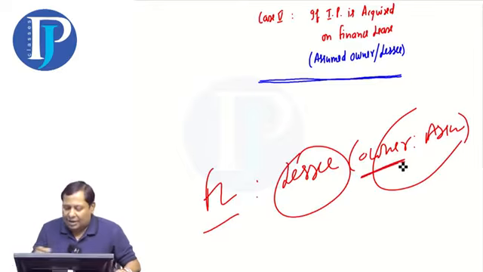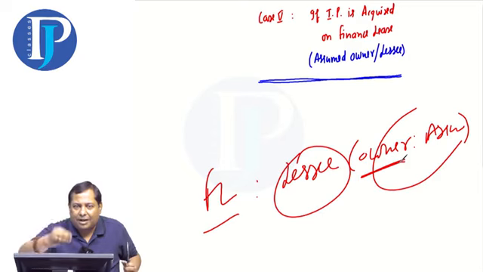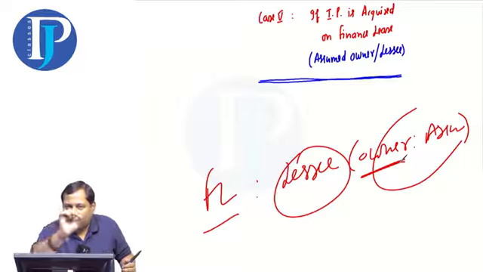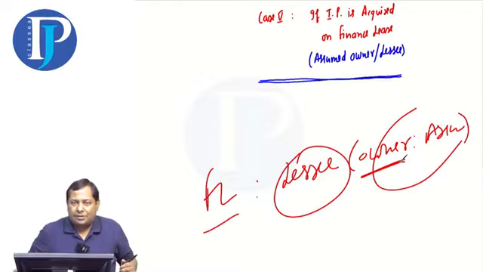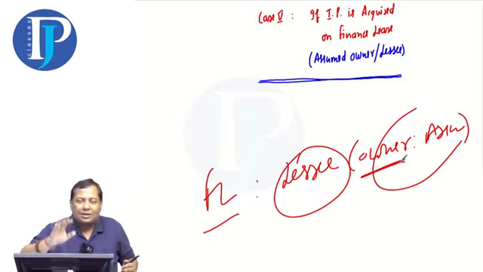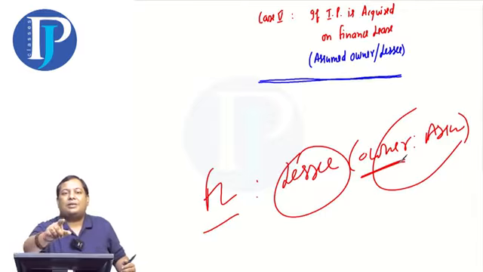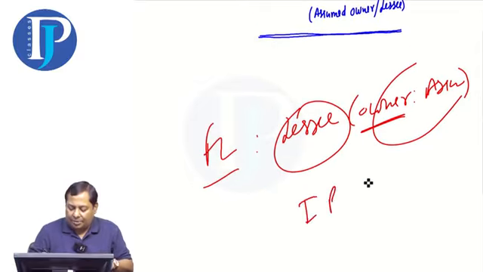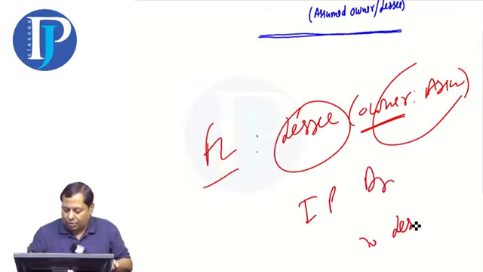So when you assume him as owner, now when he brings the asset on rent or on finance lease, then in the first entry you will have to recognize the asset. You will have to recognize it as an owner. When you are considering it as owner, then the owner passes the entry to purchase the asset. When you purchased it with cash, the entry was passed as investment property account debit to cash. We will pass the entry in this: IP account debit to lessor. We call the lessor as lease liability.